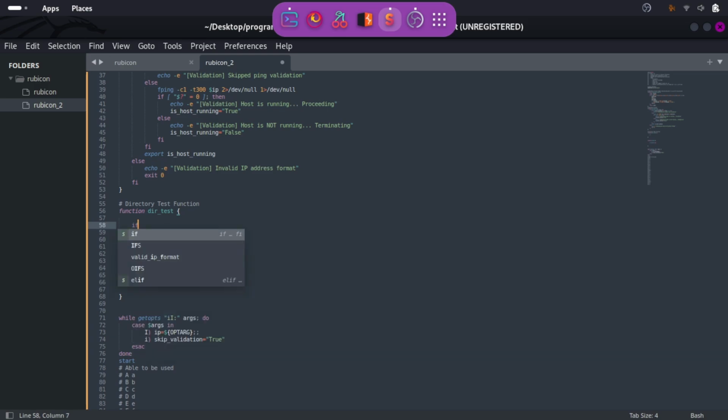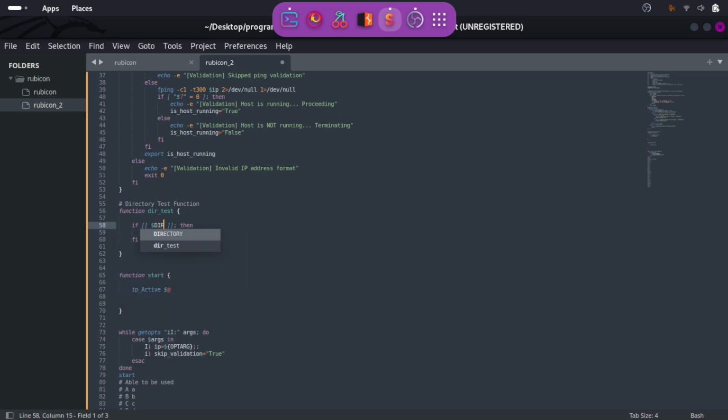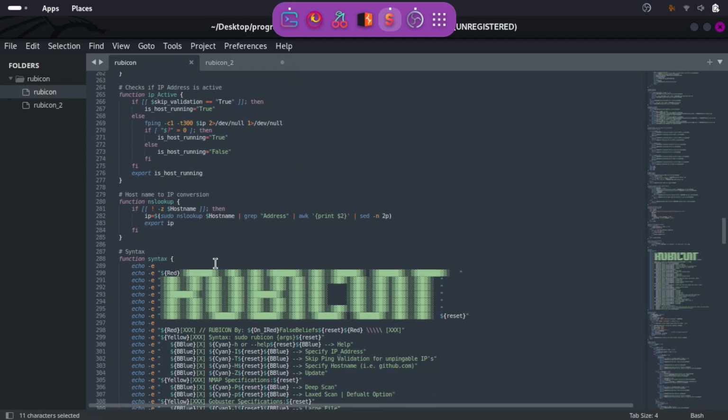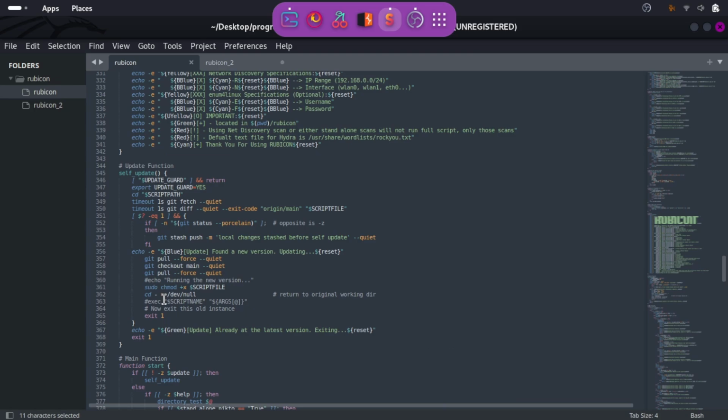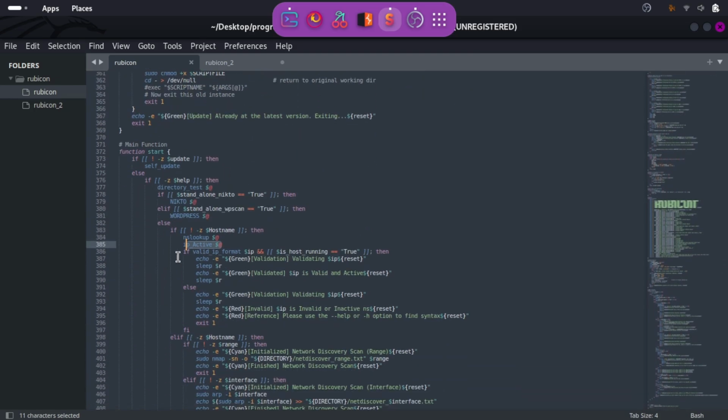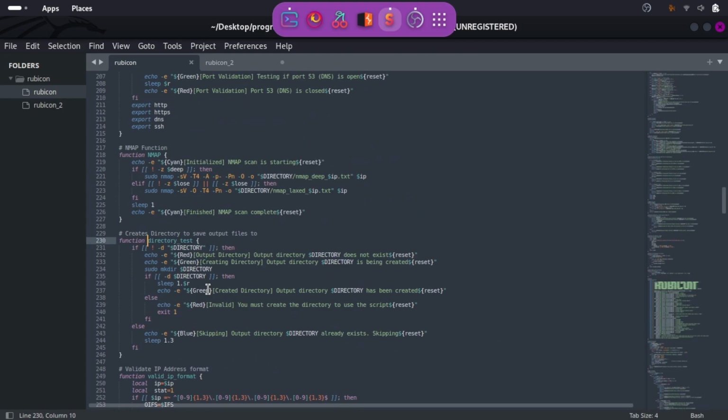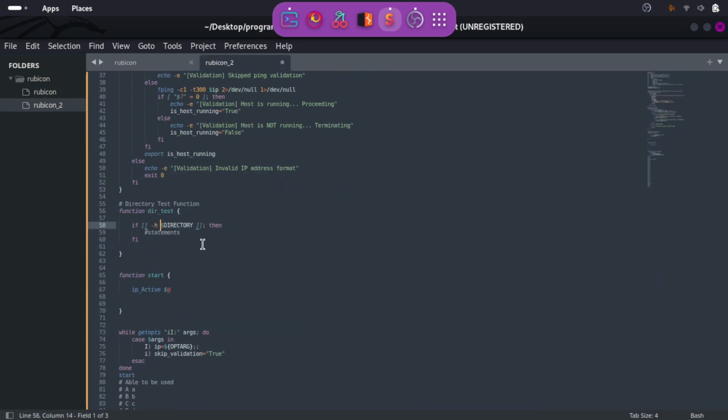So we'll say if directory exists, I think that's -h. Let's just go back and take a look at it, right? So that's the good thing, is you can always go back and look. Go to definition. There we go. So, if is not a directory, right? So, if is not a directory, which we want an !d. If directory is not a directory, then